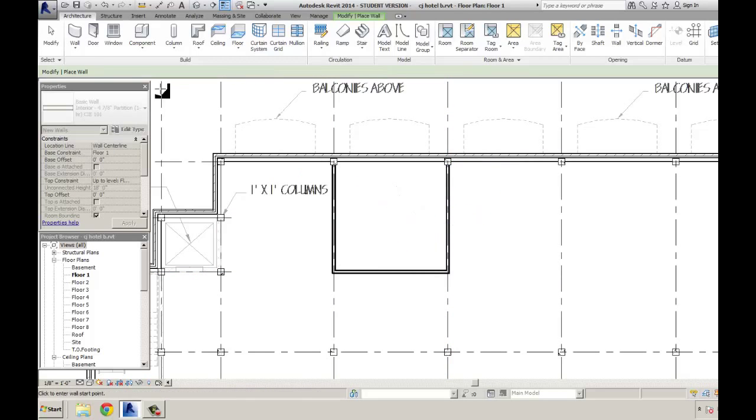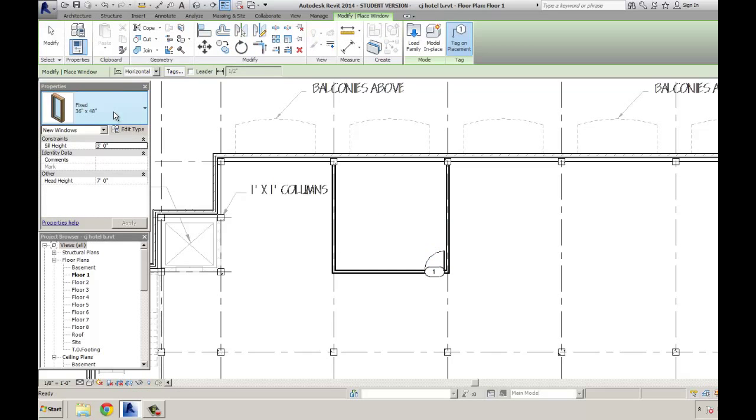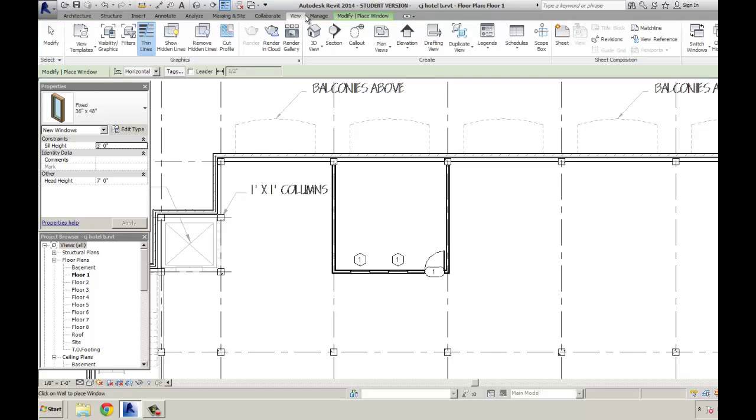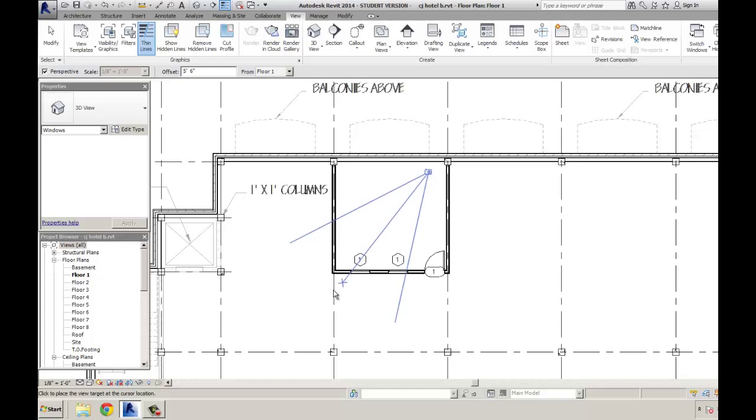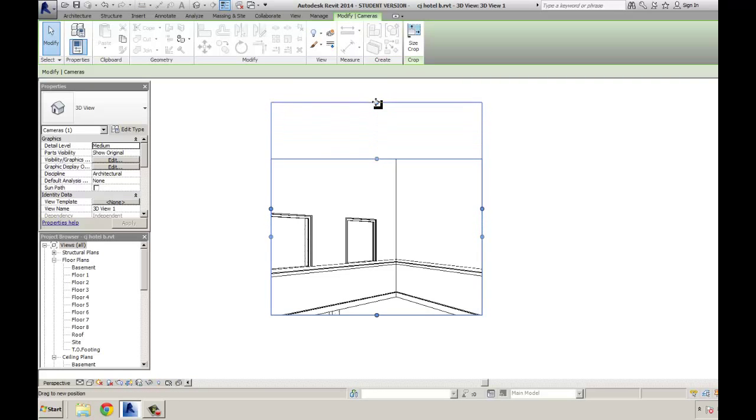Okay, and I want to place a door in here just to see what it looks like. Put it over in this corner. And I want to place a window in here. Just a fixed window inside. I'll place a couple of them. So now if I take my camera for my 3D view, I'll place a camera inside, and I just want to take a picture into this corner so I can see my trim. I don't have a floor in here yet, and this is an 18-foot high ceiling, so it's a little